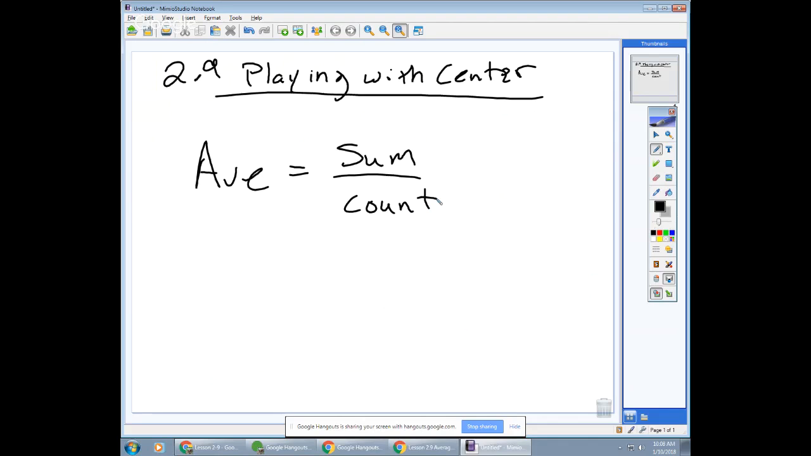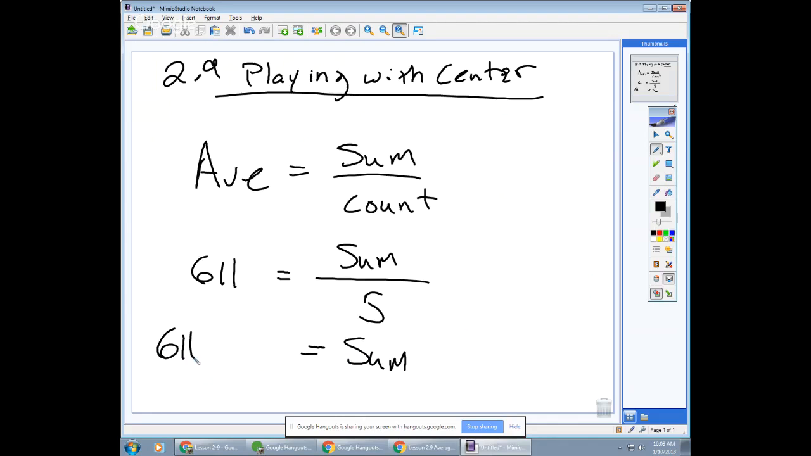Okay, what do we know so far? We know what the average is, right? The average is 611, true? And we know what the count is, that's 5. Can I figure out what the sum has to be then? Yeah, if I just multiply that 5 to the other side, the sum will then have to be 611 times